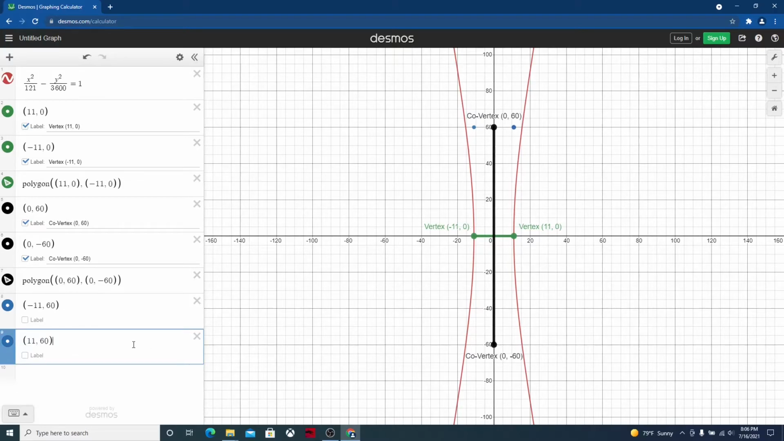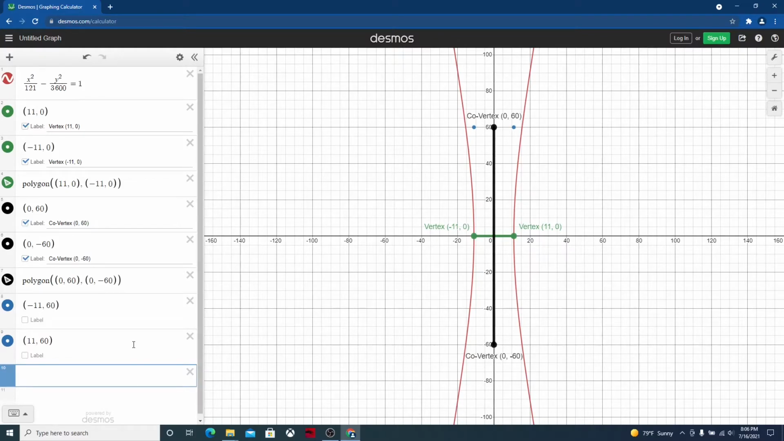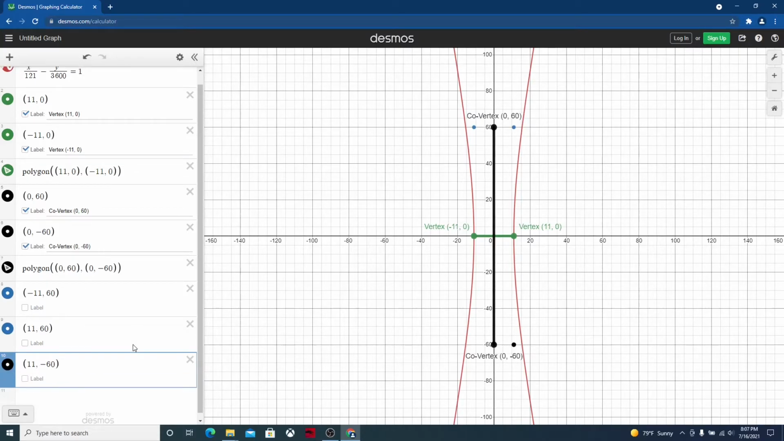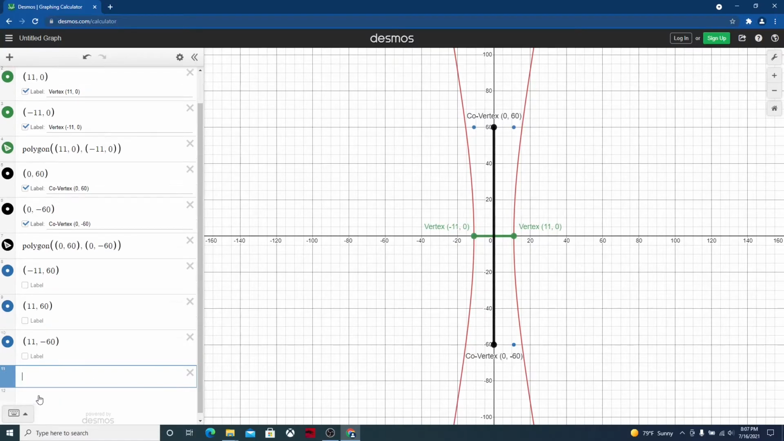Okay, so then the third point, we're going to go straight down, so that we're directly underneath the right vertex and just to the right of the co-vertex that's down below. So the X coordinate for the right vertex is 11, but the Y coordinate for the vertex that's down at the bottom there is -60. And let's turn that into blue. There we go. So that is our third corner point,